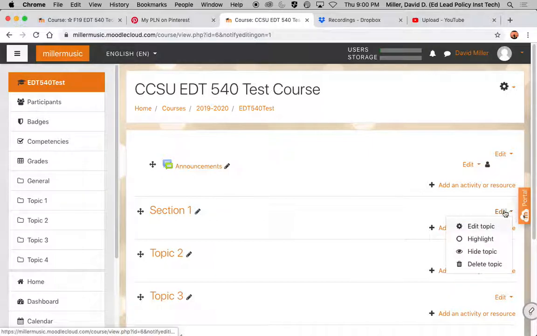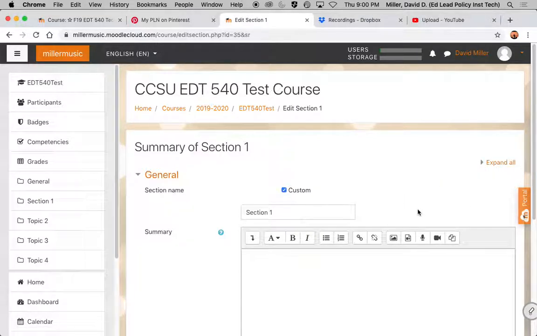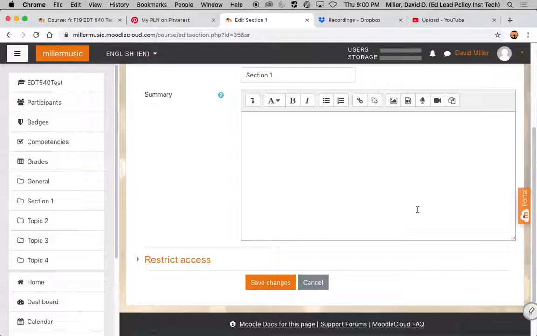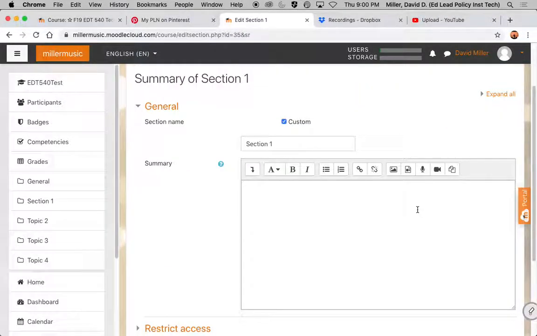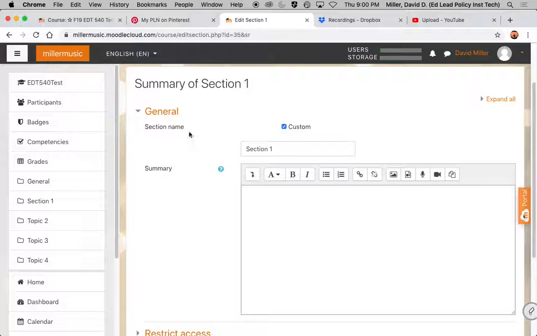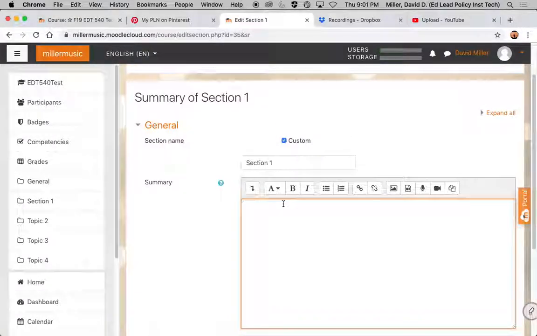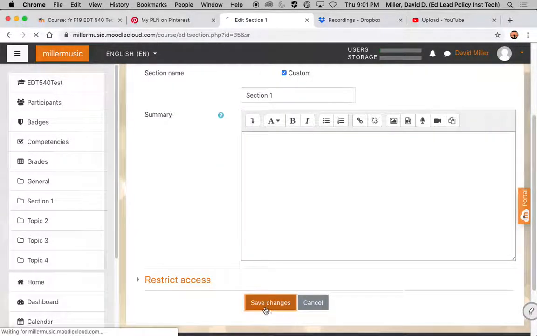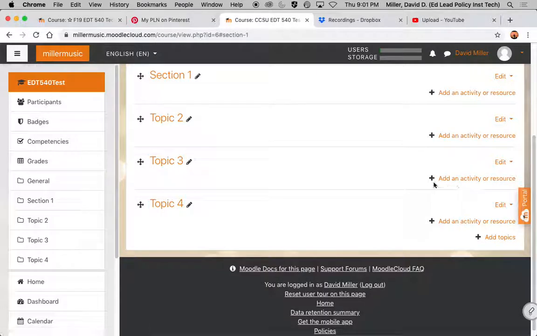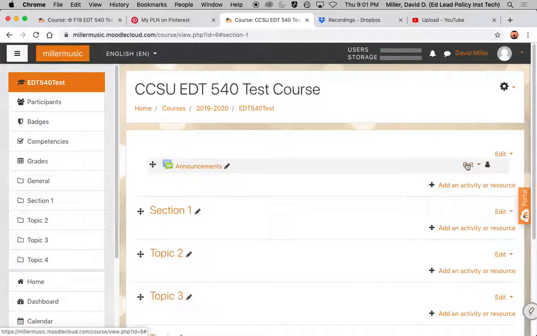But if you choose the edit one, this is what will take you into a page that will let you customize what is in that element. Now in this case, we're editing the section. So this is another way that I could change the section name. If I want to give a summary description of the section that will show up, I can put that in here. So anytime you hit any of those edit buttons, that will take you into kind of more advanced editing of